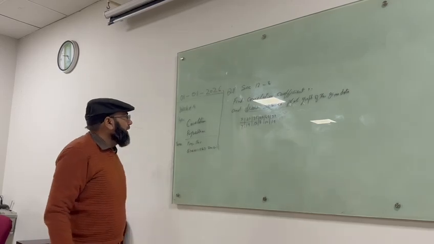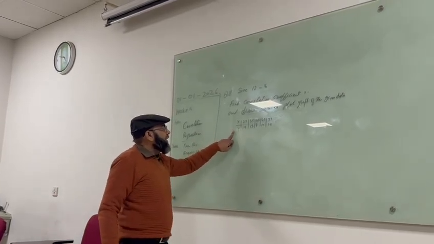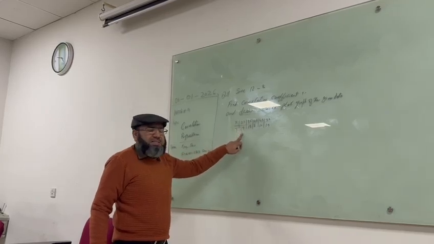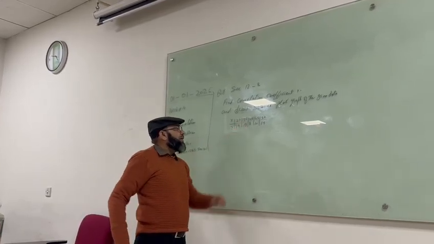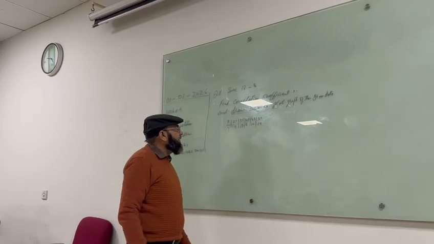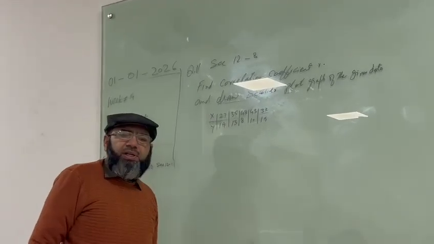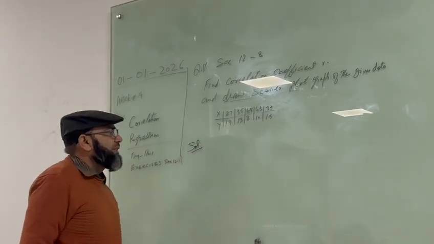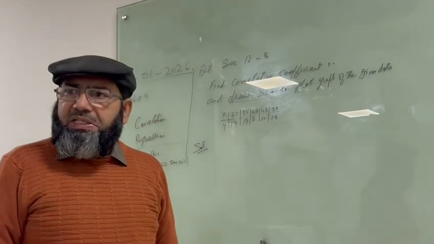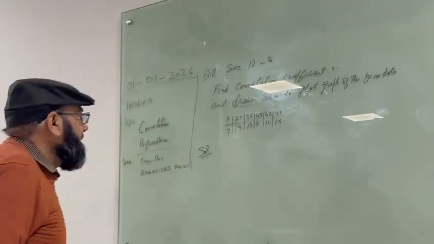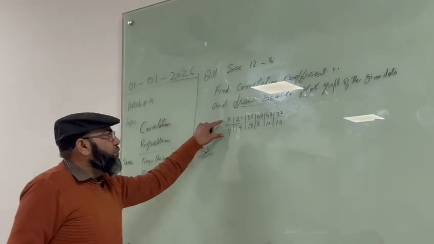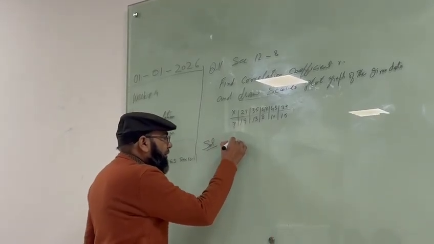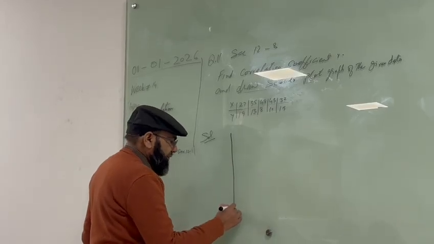What is the data here? There are two studies, study 1 and study 2. When X is 27, Y is 19. Similarly, 35, 13; 48, 8; 43, 10; 32, 15. So the solution of this question is this. First, we have to draw the scatter plot, because the data of the two studies looks like ordered pairs. So we have to draw this scatter graph first.